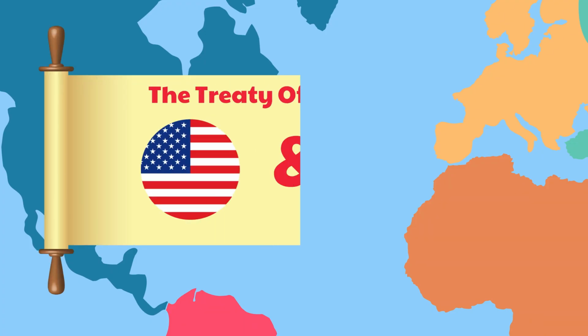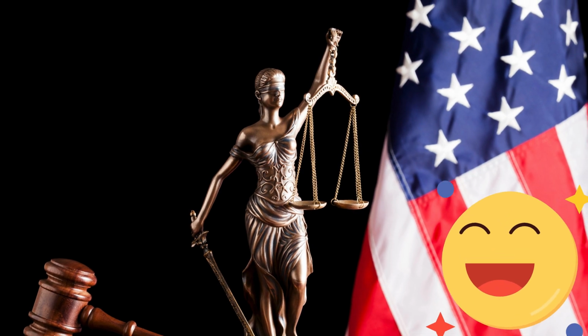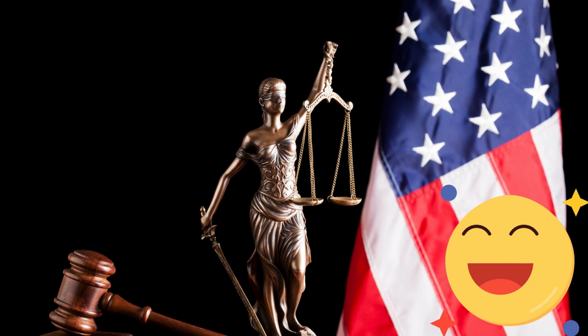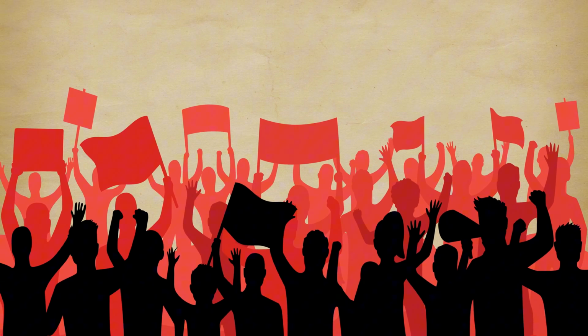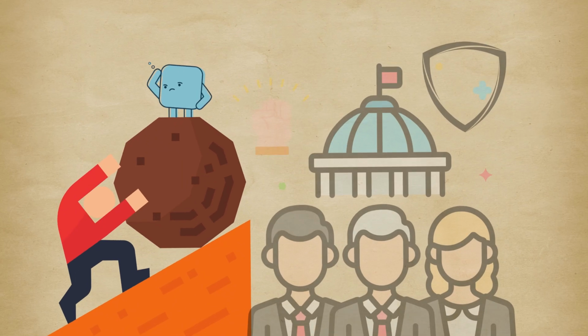The Treaty of Paris of 1783, signed between representatives of the United States and Great Britain, officially ended the Revolutionary War and ushered in a new era for the United States, establishing it as a unified nation with a solid system of government. After gaining independence, one of the greatest challenges for the United States was establishing a strong and